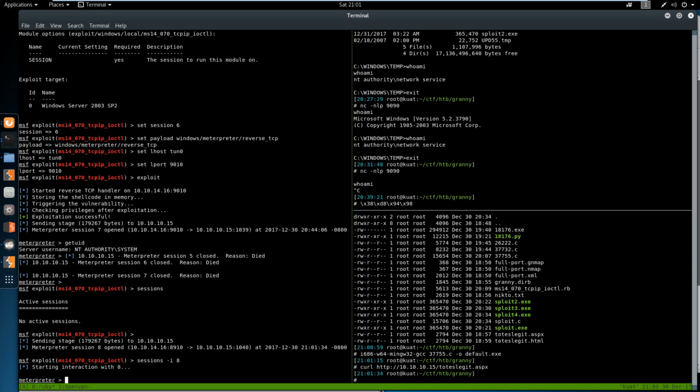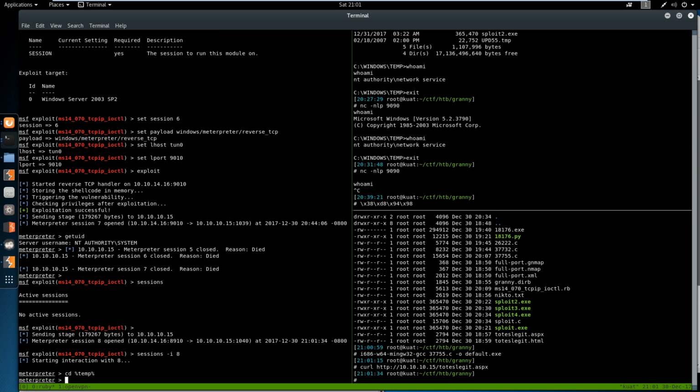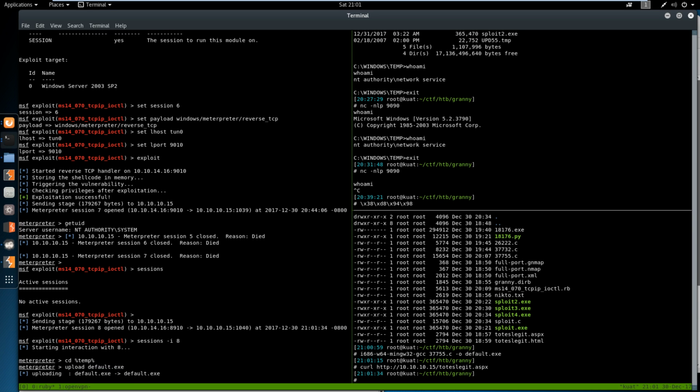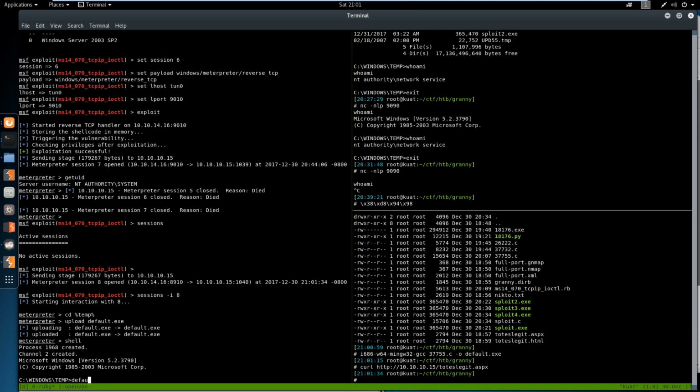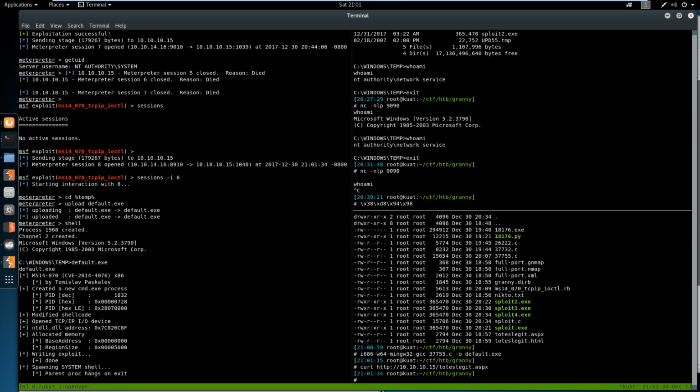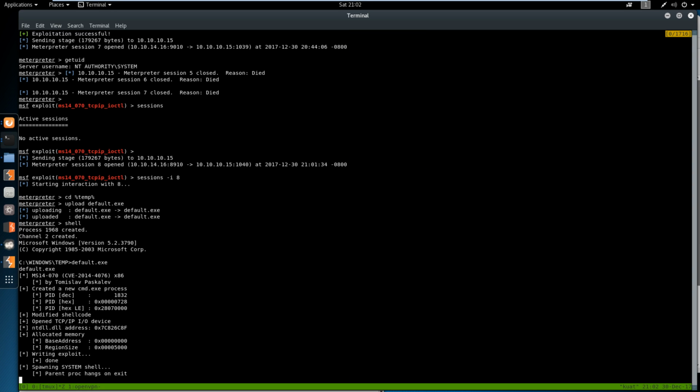So 8, and we'll cd to temp, and we'll upload default.exe shell. So if we run default.exe, we basically have the exact same behavior as we see from everything else, which leads